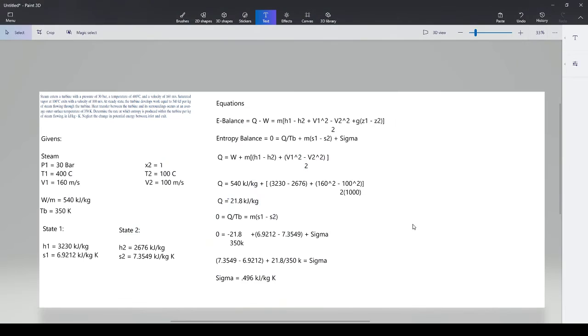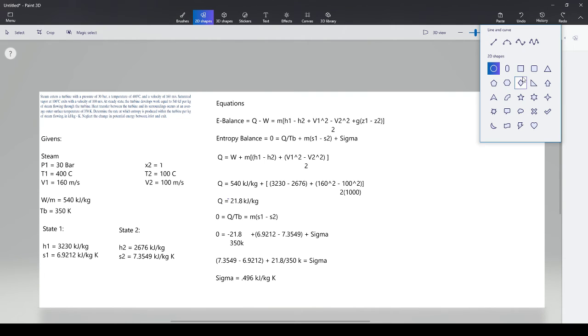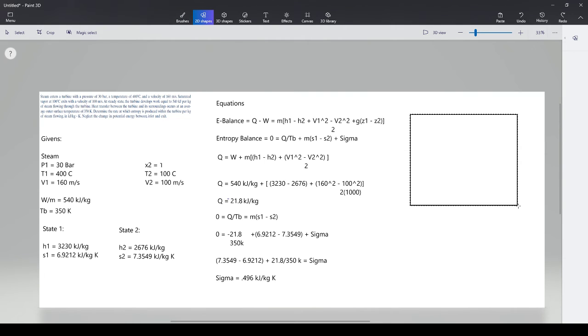But before we go, there's one more thing I wanted to do. I wanted to draw the TS diagram for this because this is important that we learn that. So let's do the TS diagram. So I'm going to draw this. Well, okay. I'm not going to draw it like that. Not like last time. I have a better idea of how this works.